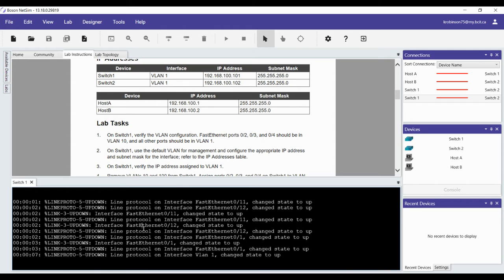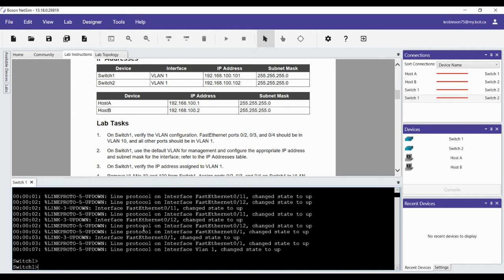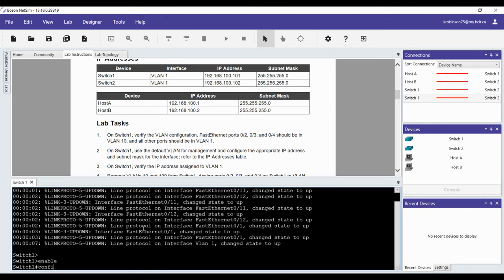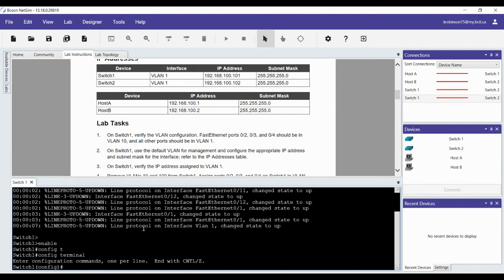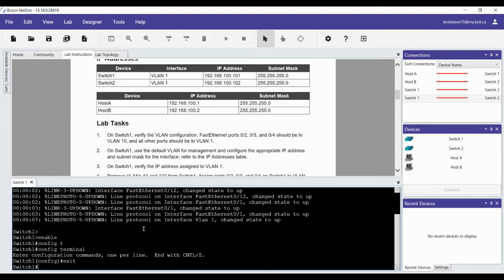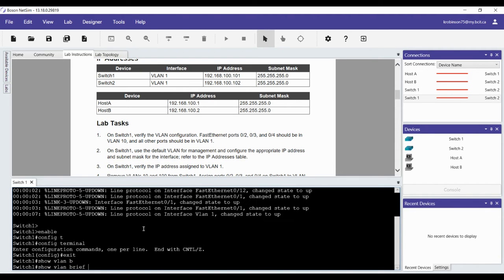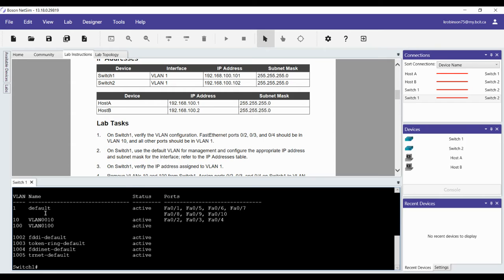So we're in switch 1 here. I'm going to go into enable, then we're going to go into config t, and essentially we're going to go into interface. If we back out of this, let's take a look at what we have. If we go into show VLAN brief,